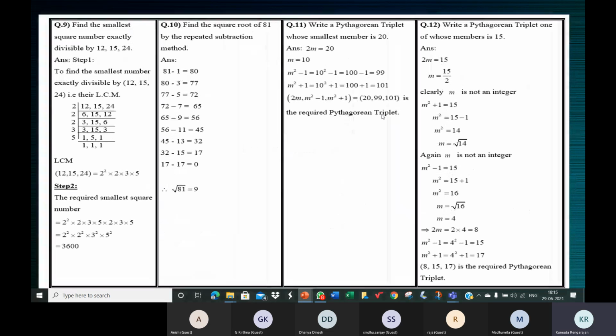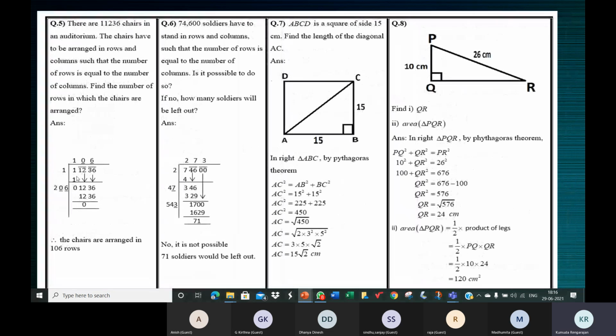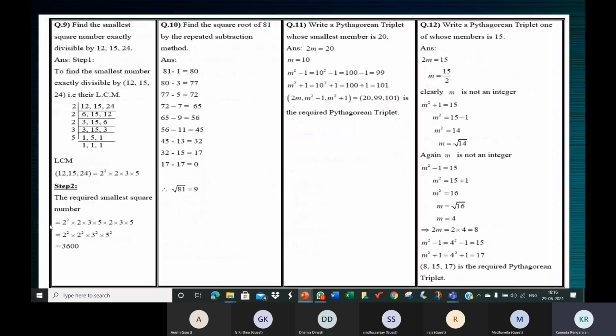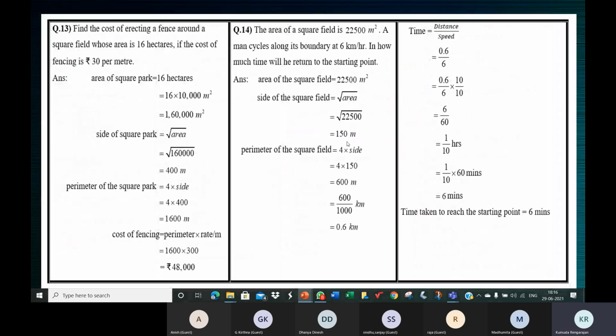But if the number is not simple and you cannot do it mentally, then you have to find the square root using the long division method or prime factorization method. I'm saying that when the number is simple like this, ignore the zeros. The square root of 225 is 15. The square number has 2 zeros, so the square root will have half the number of zeros. So 1 zero. If there are 4 zeros here, 2 zeros. If there are 6 zeros, 3 zeros.